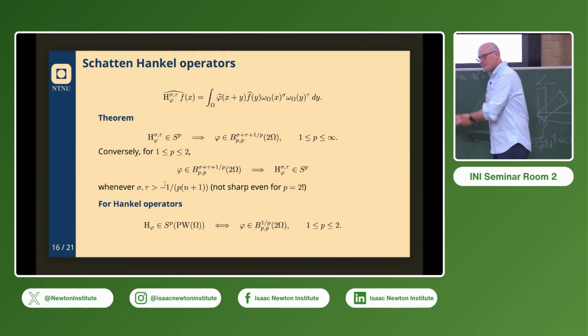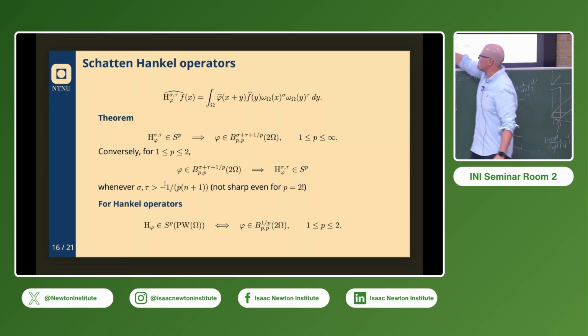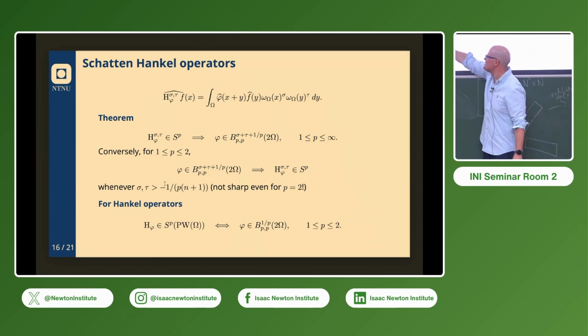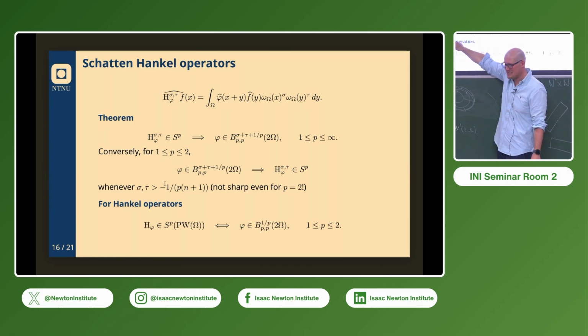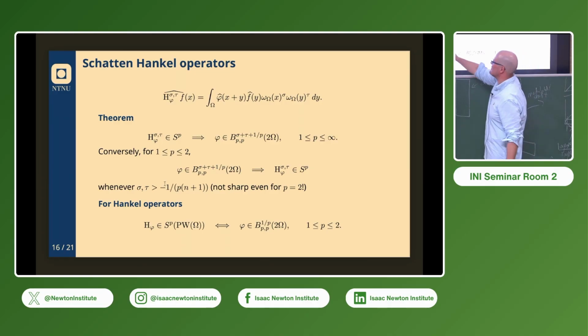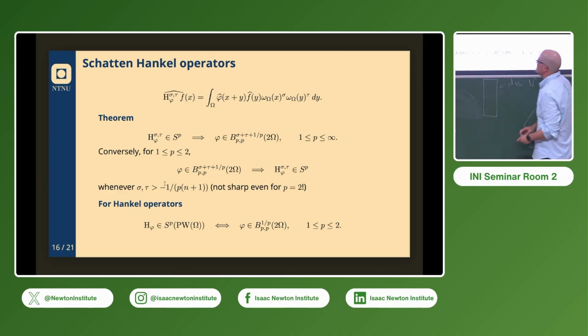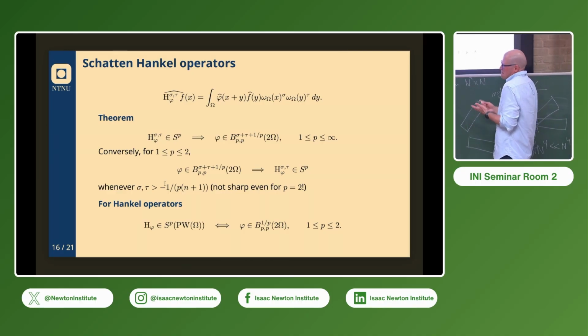And then at S2, of course, at p equals 2, you have a condition. But the funny thing is that the S2 condition does not come with a sharp range of indices. I mean, that sounds crazy. I couldn't believe that we don't understand the Hilbert-Schmidt setting fully here. It has to do with the fact that to understand the Hilbert-Schmidt setting, you have to understand the convolution of this weight with itself, I will finish, don't worry, and we kind of don't. So the Hilbert-Schmidt case is not fully understood.